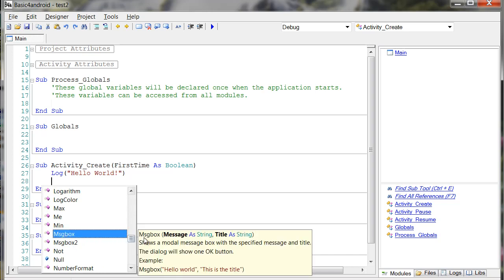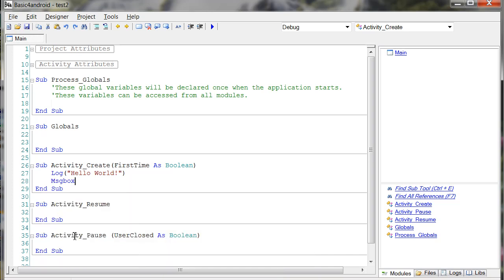If you click on it once, it'll give you this little tooltip here that tells you exactly what you want to set this up as. So here's a little example: message box, hello world, and this is the title. Okay, so we're going to double click that, and there we go. So from there,